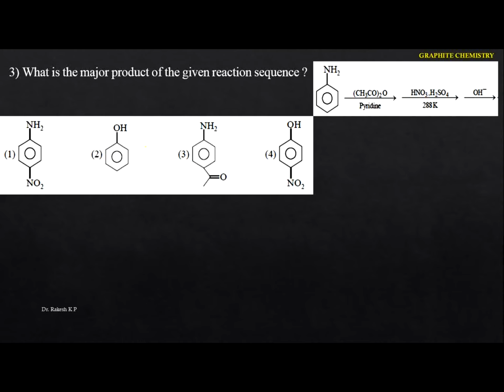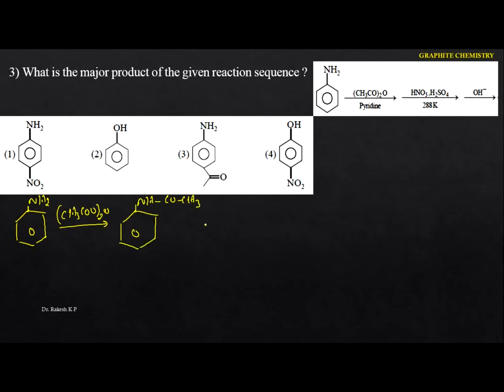What is the major product for the given reaction sequence? See the first one given here. Let me write the reactions here. They have given aniline. When the aniline reacts with acetic anhydride, the NH2 group gets protected. So this is the acetic anhydride. The first product you are going to get is acetanilide. Here the acetanilide formula is